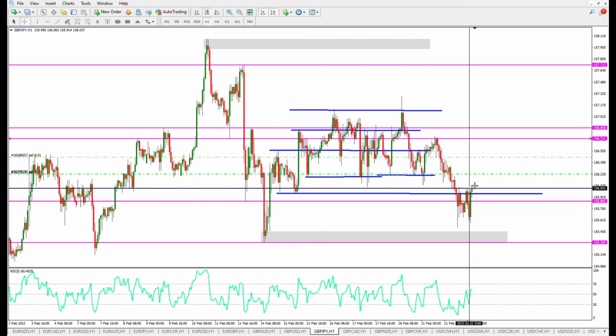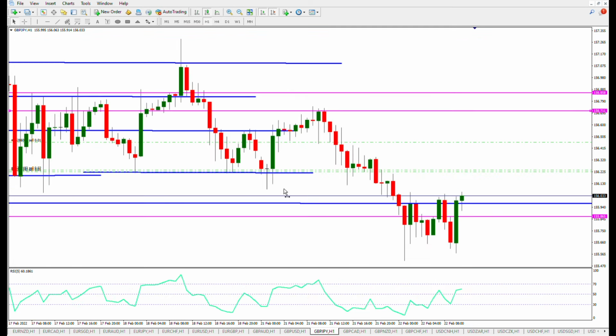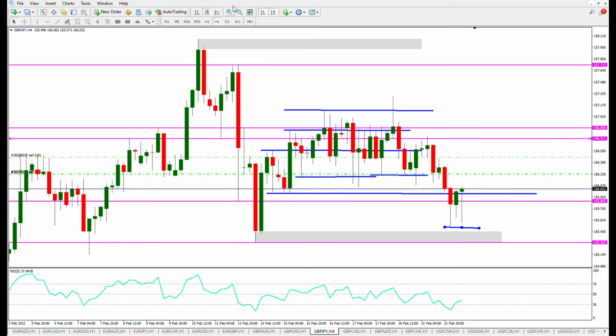But I still see a sell, but I think I'm gonna close it in about 4 hours time, or in about 8 hours, just before the end of the day. This is where I'm gonna close my positions and look for the next trade. But more likely I wanted to focus on this